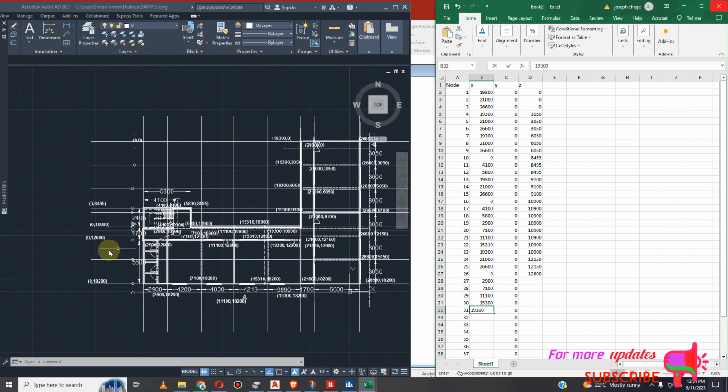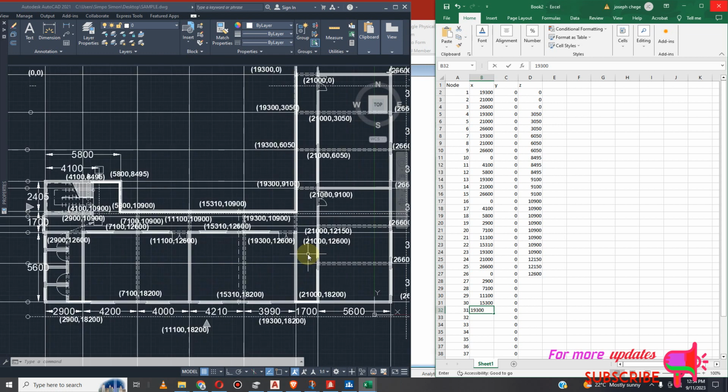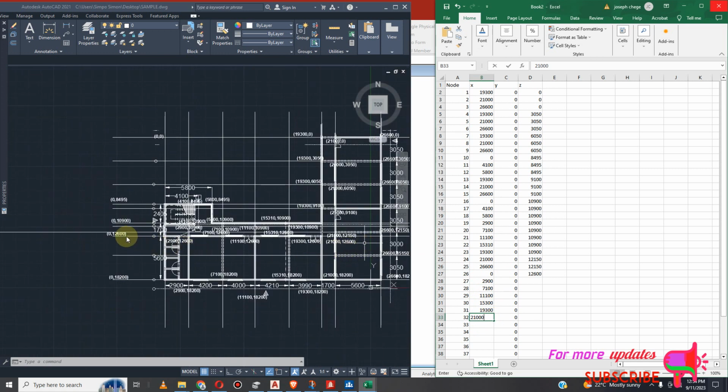Then we will count to make sure. I think there's also 21,000. Okay, so we make sure: 1 2 3 4 5 6 7. So we are 1 2 3 4 5 6 7. So I just drag this. Okay,